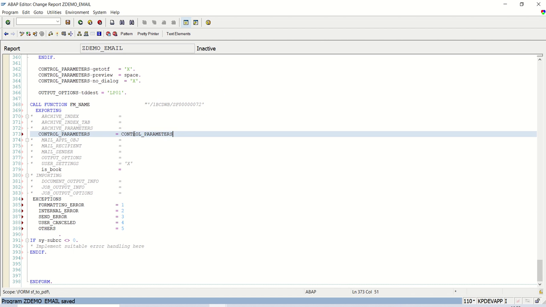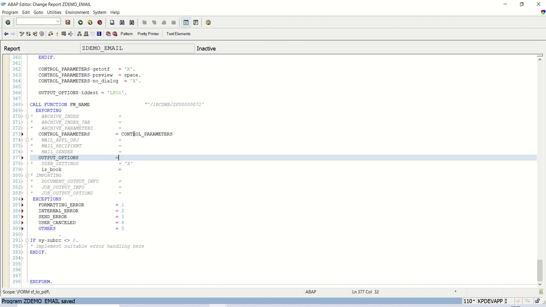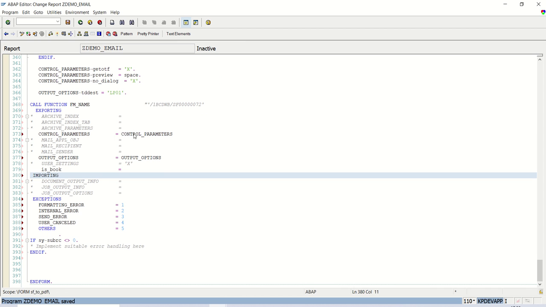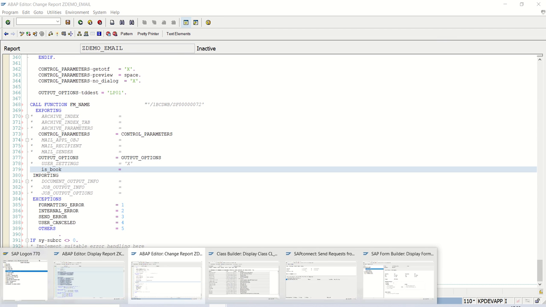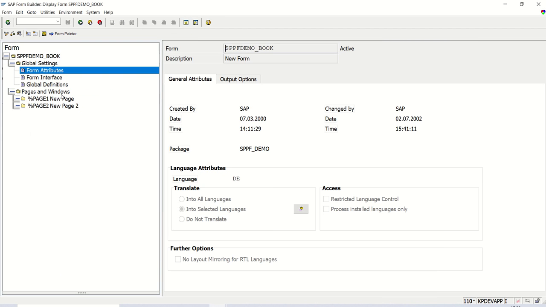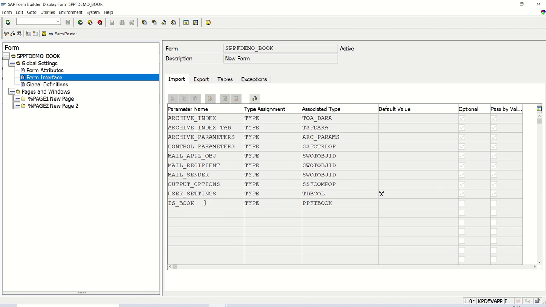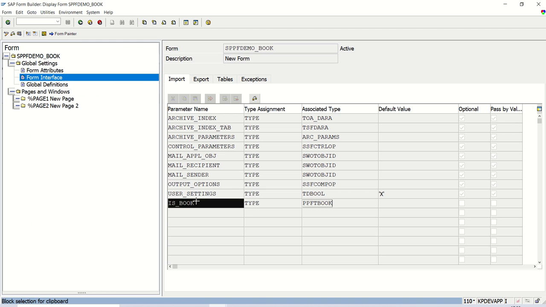So here I will pass the control parameters, and here I will pass the output options. You can see that the is_book parameter is mandatory for the function module. We have to declare that. We will not pass any data, but we need to declare it. So go to the interface, and you can see is_book is of this type. I will just copy this as it is,